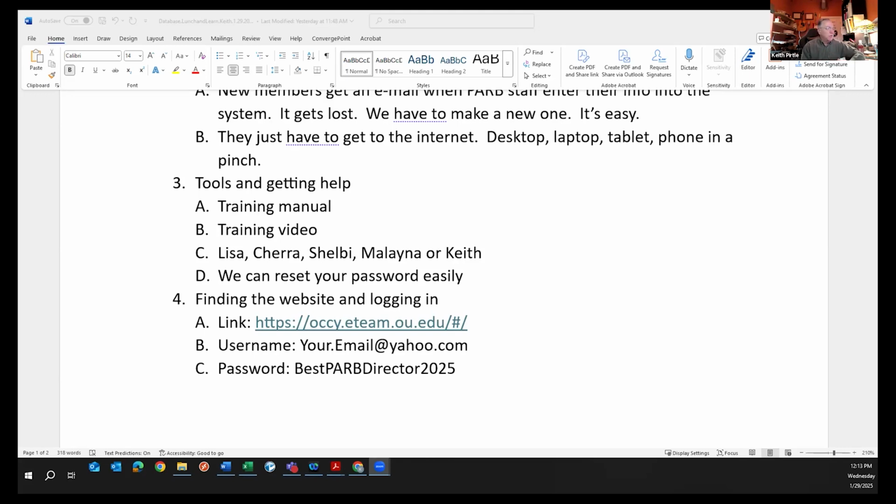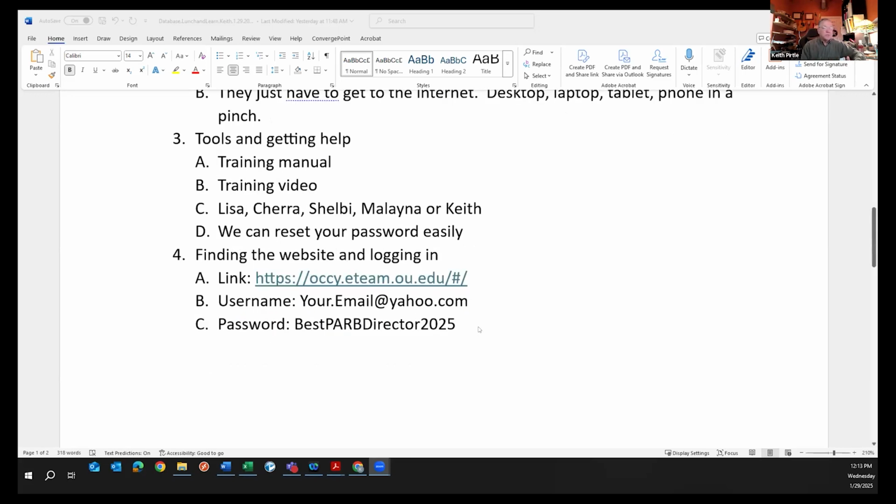And remember too, the email that I will put in the system is the one that's in your application. So if there's a different email that you use, be sure that when you log in, it's the one from your application. I don't know your password, but I can reset it and send you a new one. And then if you don't want me to know your password, which is fine, you can always go in the system and change it yourself. So that's getting into the system.